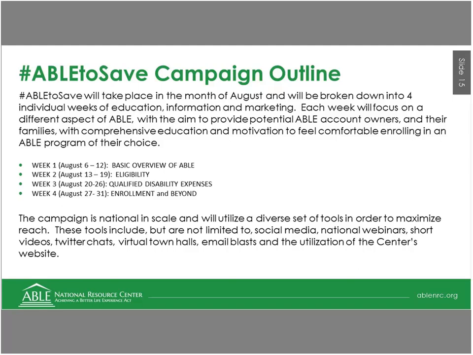There's over 40 ABLE programs across the country, many of which do not have a residency requirement, meaning that no matter where you live, depending on your particular needs and provided that you meet those eligibility criteria that we discussed last week, you have your choice of several different programs. And it's important to know what characteristics to look for in order to figure out which program best meets your needs. And we're going to talk about that next week.